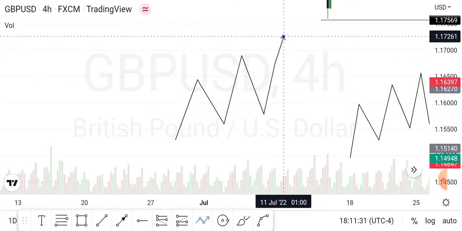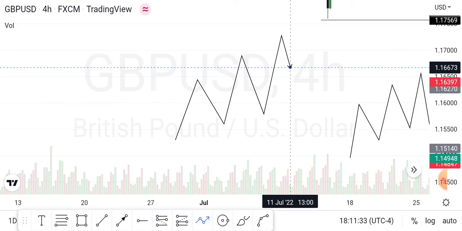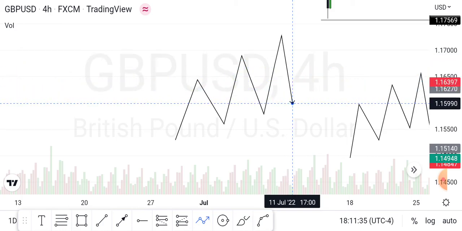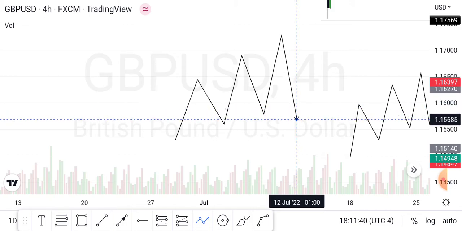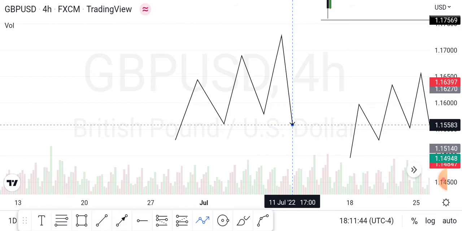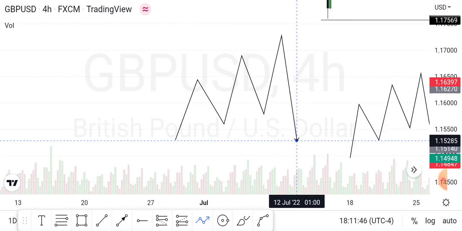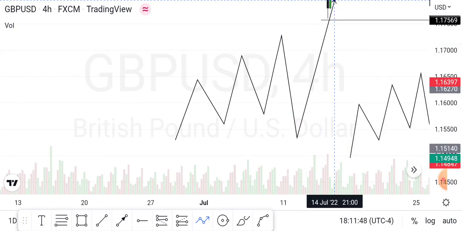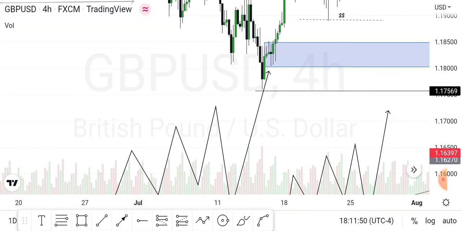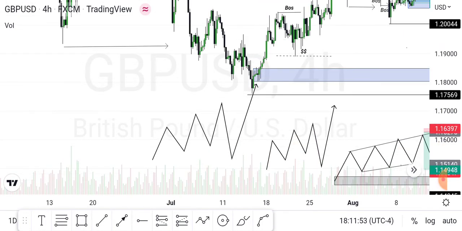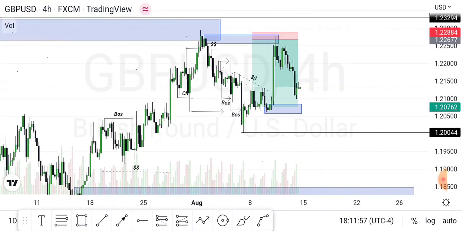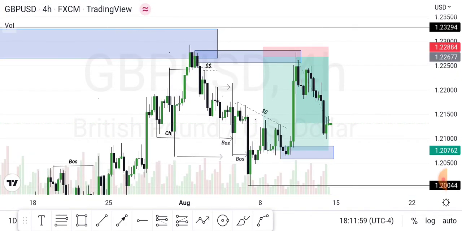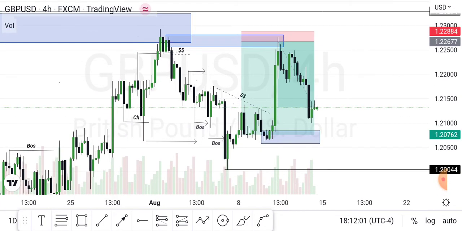Inducement, we always take out the high, and it will put you in a situation where you will think price is going to react from here, but price will later react maybe either from here or from this point, and we get the proper move. So hope you understand this concept, guys. Hope we are now having the right understanding of this concept.